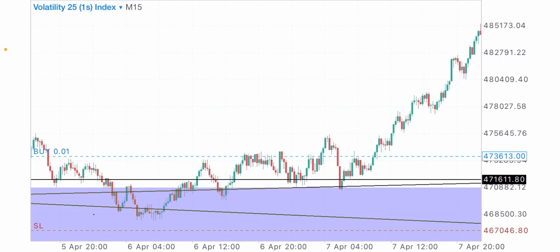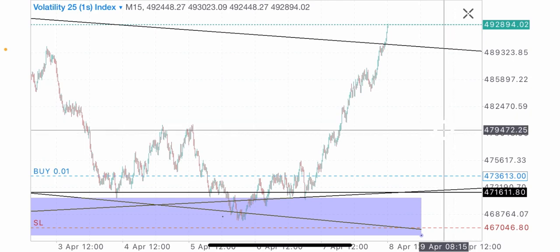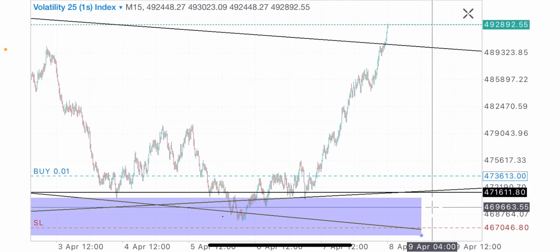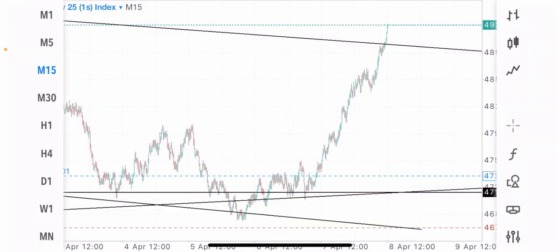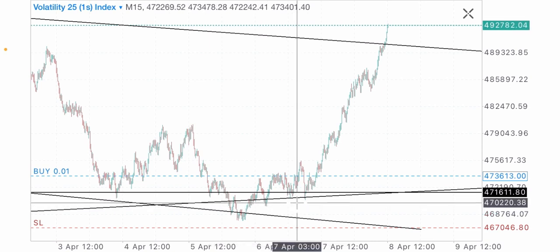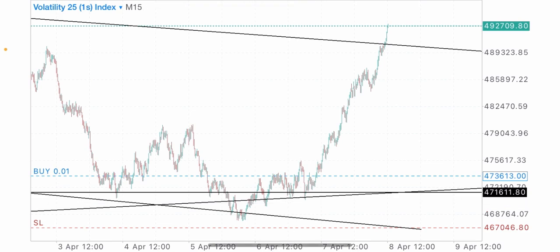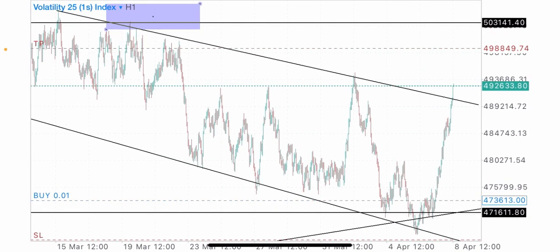Only that you wouldn't want your SL to be as distant as my own. You would want to keep your SL at this level, or even, let me take this out. You might want to put your SL at this level, or even closer, and you won't be hit out. You won't be taken out of the market. You'll still be in profit. So it's very important to switch to a lower time frame if you are trading a small account,